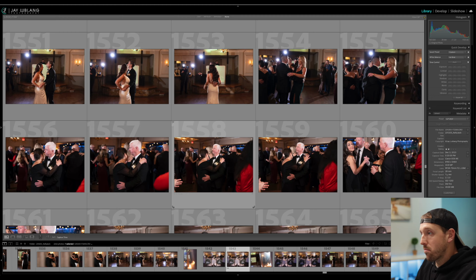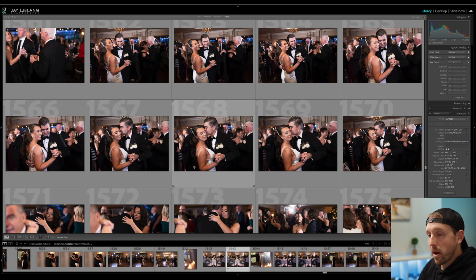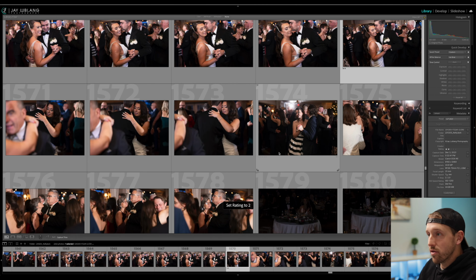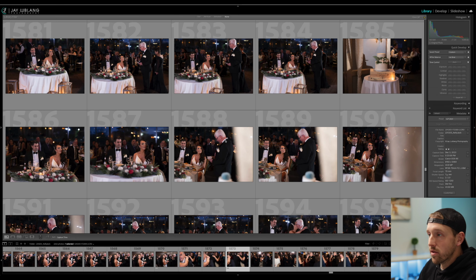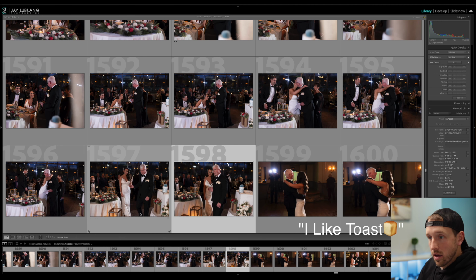After the first dance, they immediately went into a dance set. I usually like to focus on the bride and groom, parents, and bridal party at this point, just to get some additional pictures of them. And then we went into toasts. Boom, toast, toast. I like toast. Oh, and then we went into